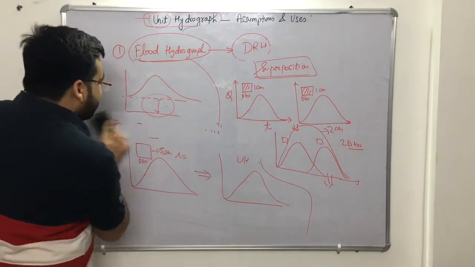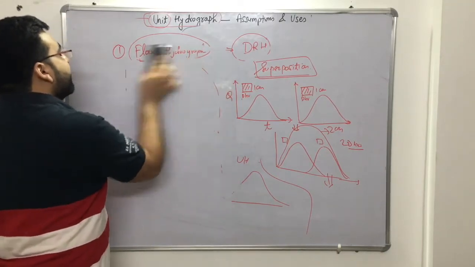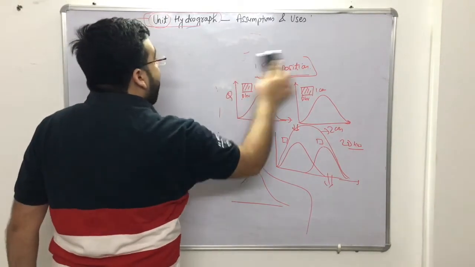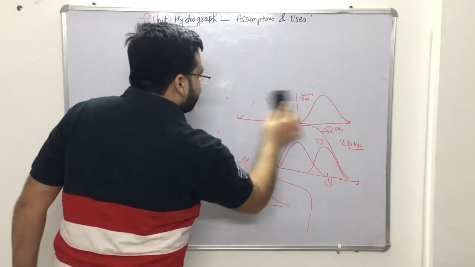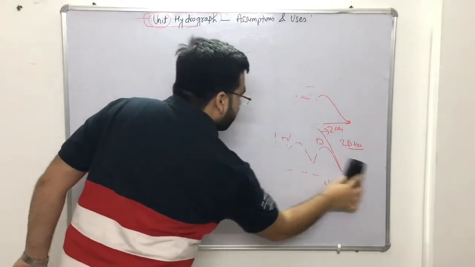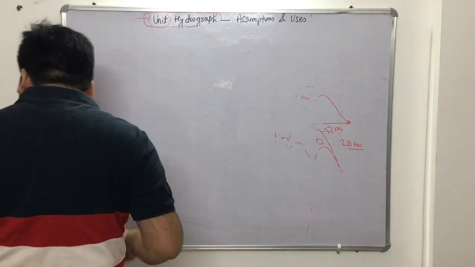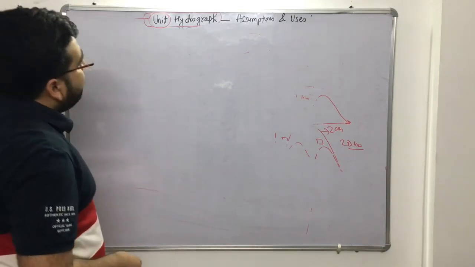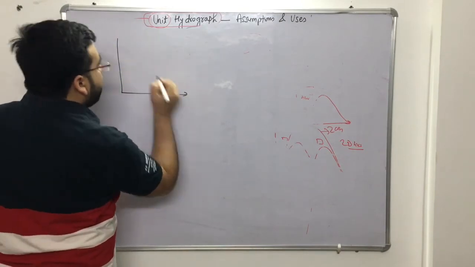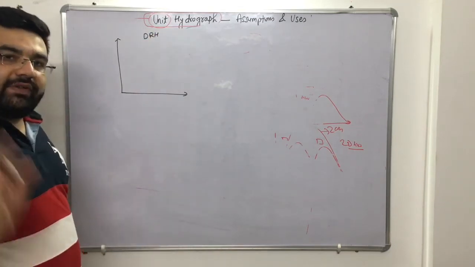So first of all, let me rub this. Now the third type of numericals and questions that are generally coming is about the calculation of effective rainfall depth, right, or average rainfall, right? Now the third type of questions that are generally coming in examinations are about the determination of, let us say that this is your direct runoff hydrograph. This is your direct runoff hydrograph, right?